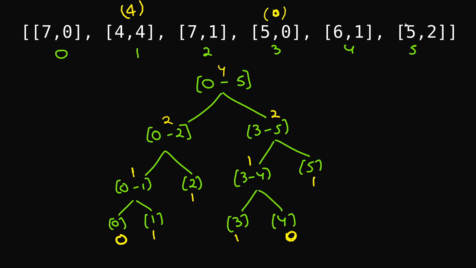So after this I will be processing this 5 comma 2, right? Now if I process this 5 comma 2, I will be actually putting this on the position of the third one, right? But here's the problem. If I put this at the position of the third one, so these are the positions left. Like this is the first one, this is the second one, and this is the third one in the segment tree. If you see the leaf nodes, this is 0, 1, 2, 3, 4, 5, and so on. That means you'll be putting this 5 comma 2 at the third index.